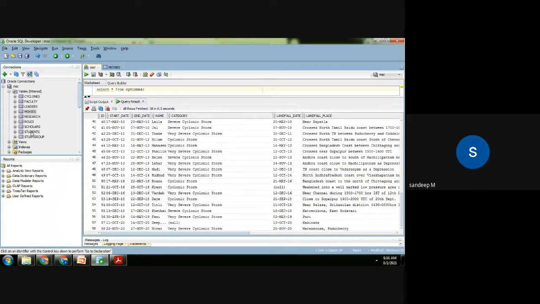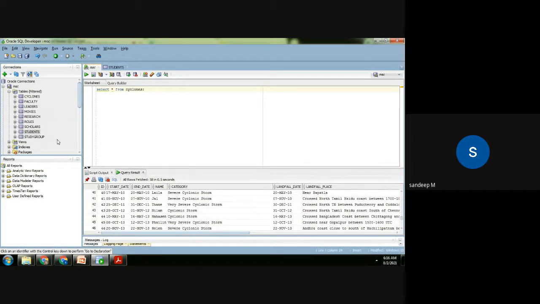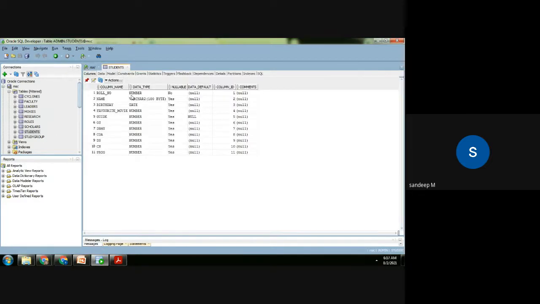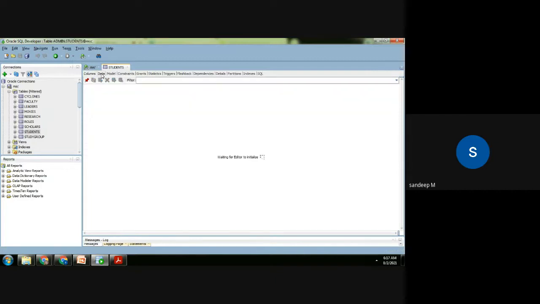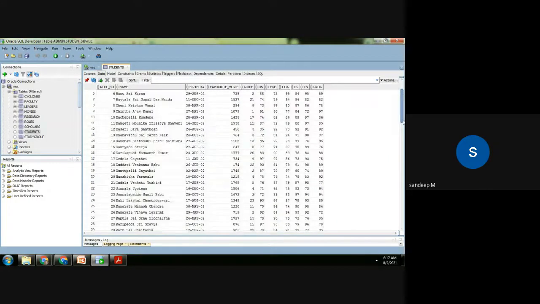Say for example, this is a students database, not of your class. Okay, and these are random values of the subject scores, random values.